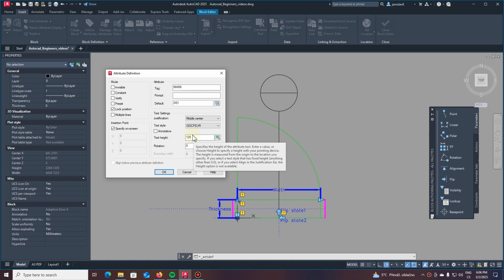Well, on the drawing, the height of the text should be 2.5, and because I want to draw it in a scale 1 to 50, it's 50 multiplied by 2.5, which is 125. So this should be great for the scale 1 to 50. So hit OK,